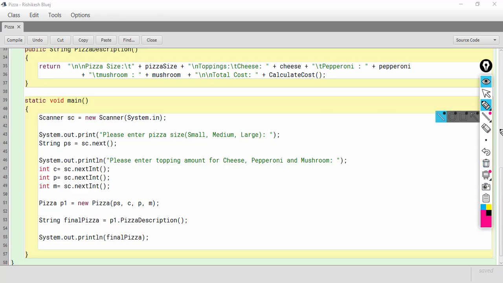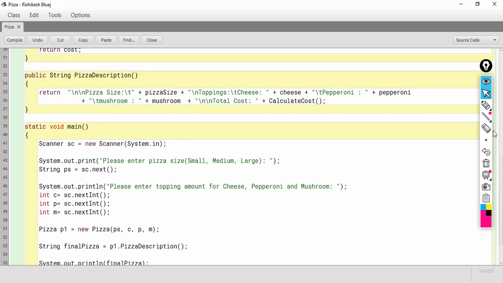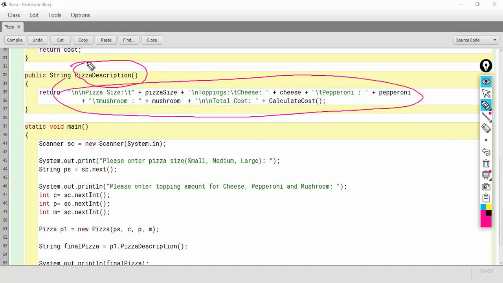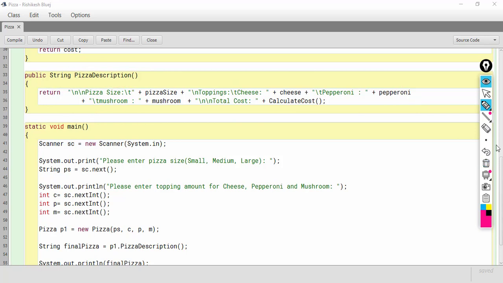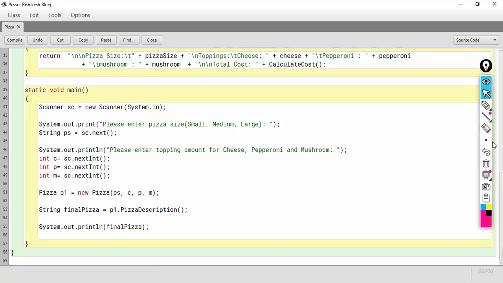And then as you know, this pizza description function will return me this string, and that string will contain the final information about the total cost and everything, the size of the pizza.